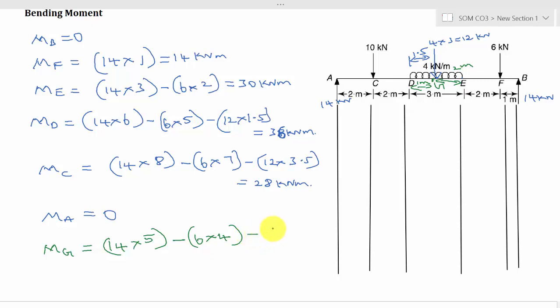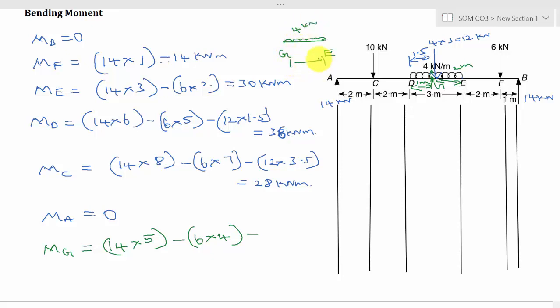Then minus of, so for this 2 meter, the uniformly distributed load is acting since I am calculating at this location. Okay, so remember that I have considered another point, that is G point. Fine. So minus, the magnitude is 4, so you can draw like this. So this is section GE. So it is subjected to a uniformly distributed load of 4 kilonewton.